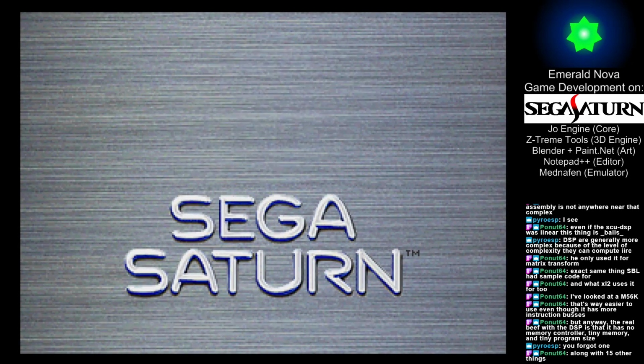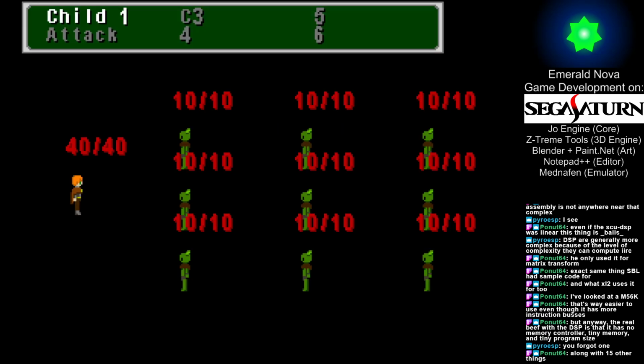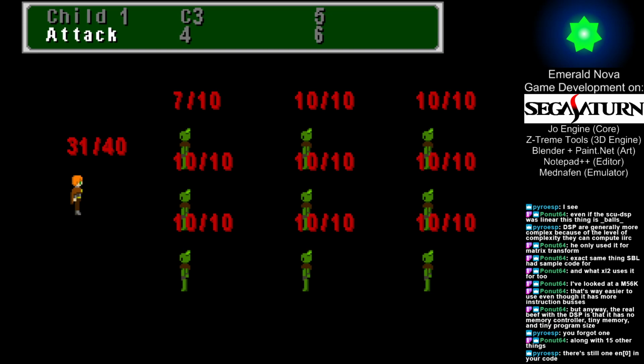Wait, are you saying I forgot something or the opponent forgot something? I don't know what's going on. What did I forget? Here we go. Oh, there we go. We got guys failing checks. Ah, crap. It's still triggering my animation if I